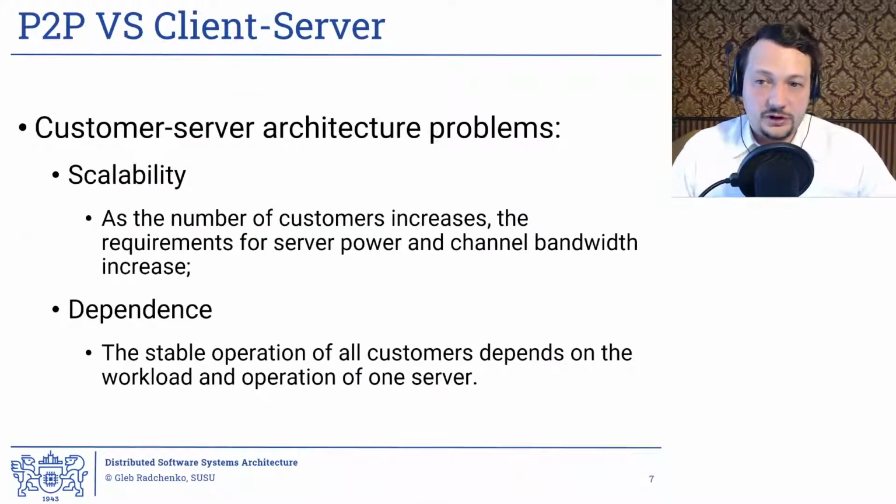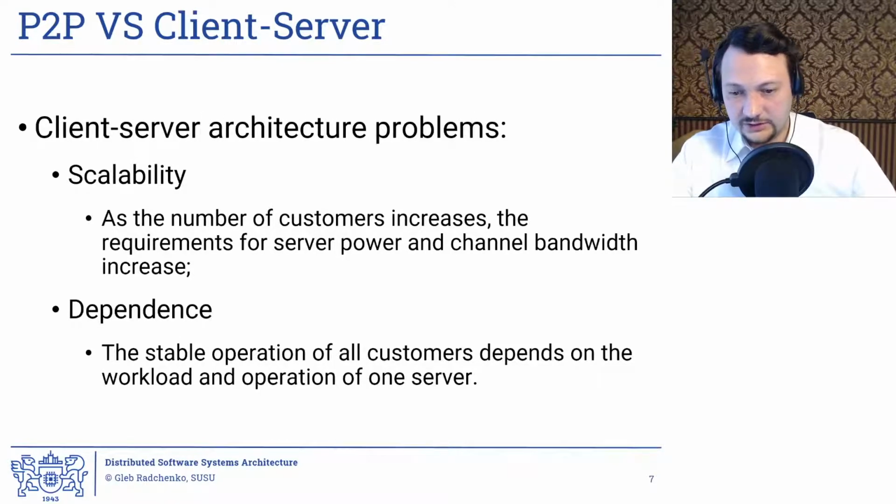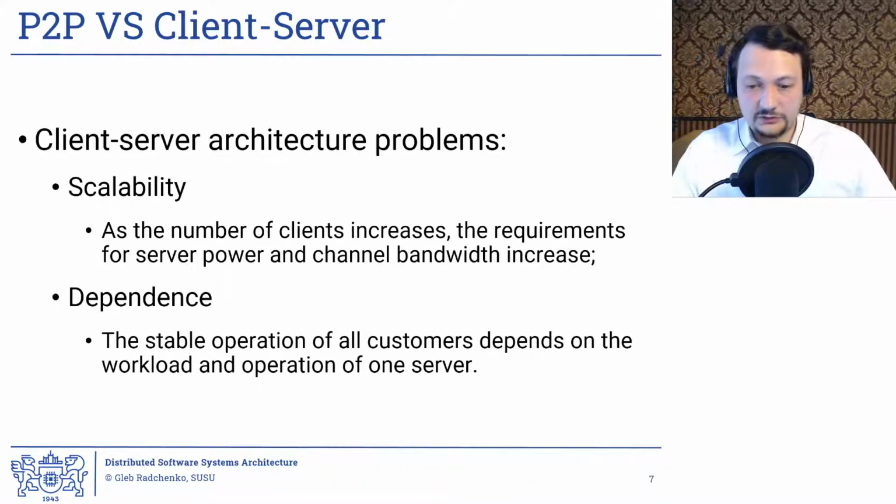So what are the problems that client-server technologies have that peer-to-peer systems try to solve? I'm correcting my slides on the go. Client-server architecture problems. First, it is a problem of scalability. When the number of clients increases, the requirements for server power and channel bandwidth increase. And this is very, very easy to see